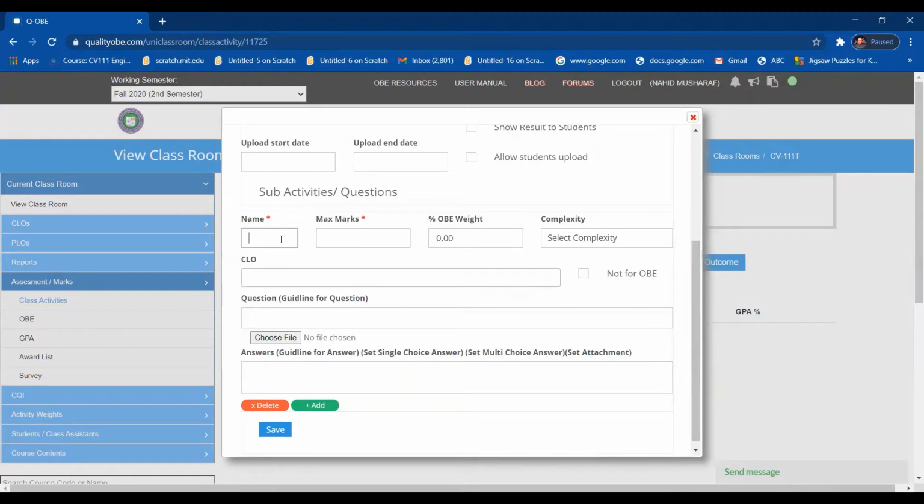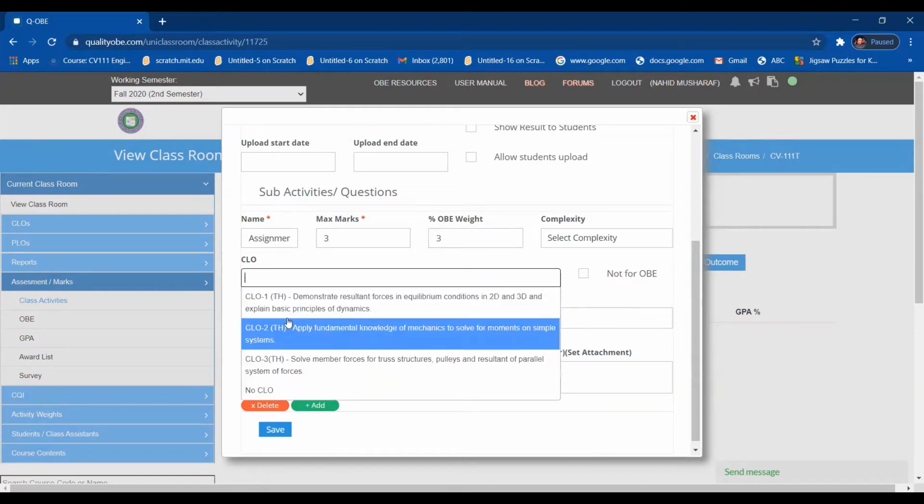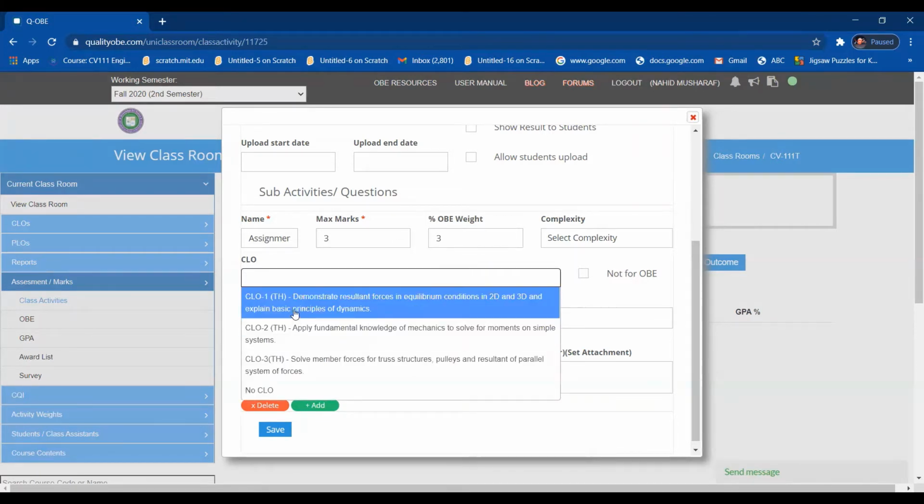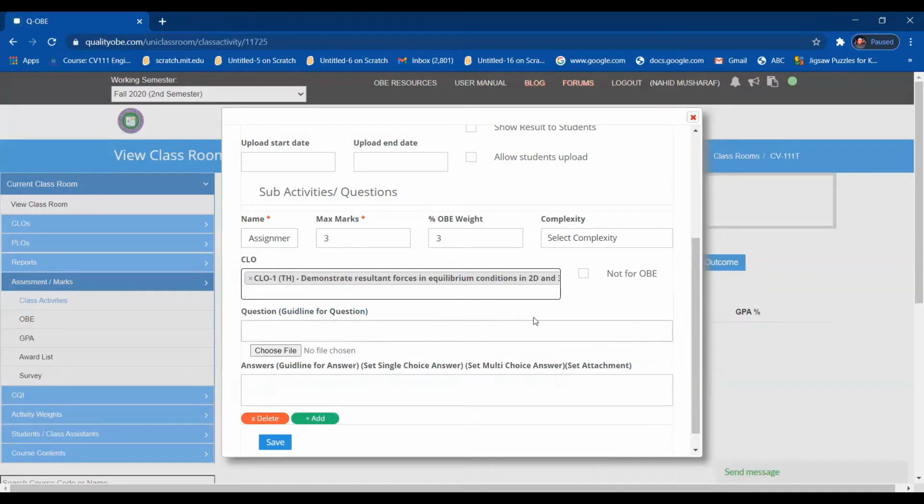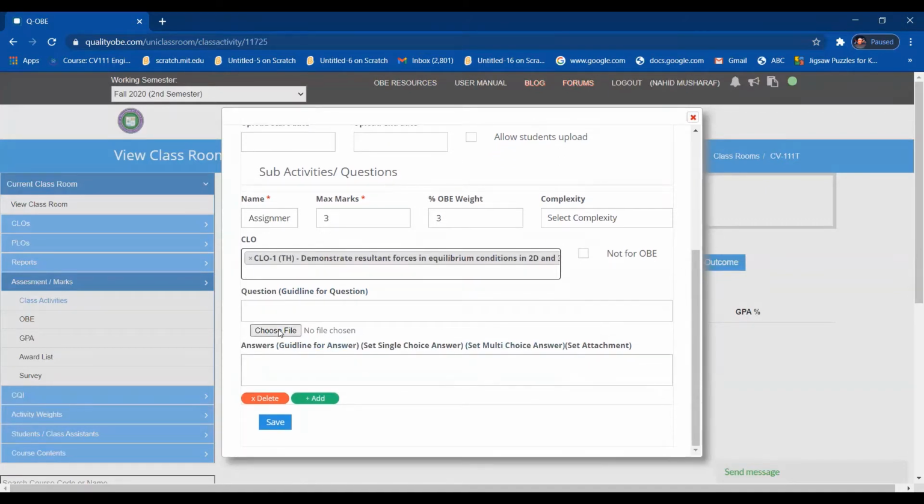Let me do that. Assignment number 1. Okay, done. And it is of marks 3, and the OB percentage is also 3%, and the CLO is CLO1.